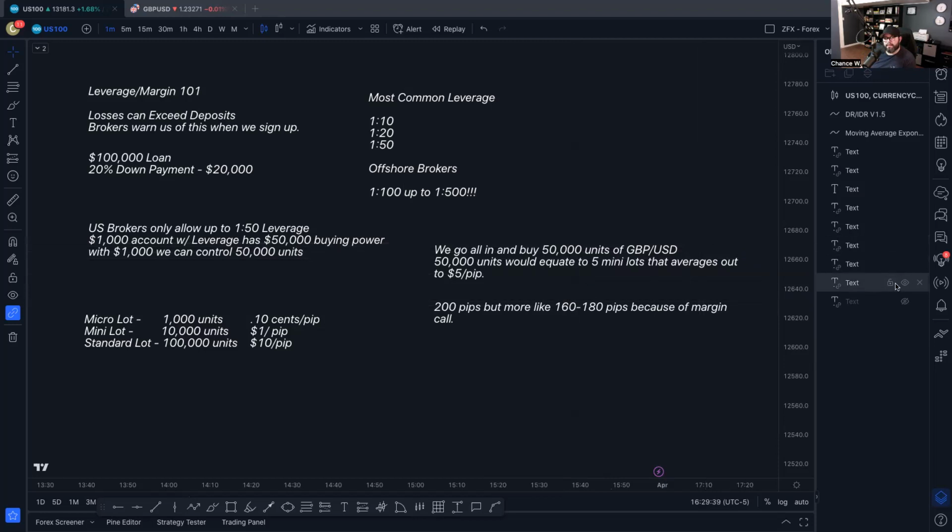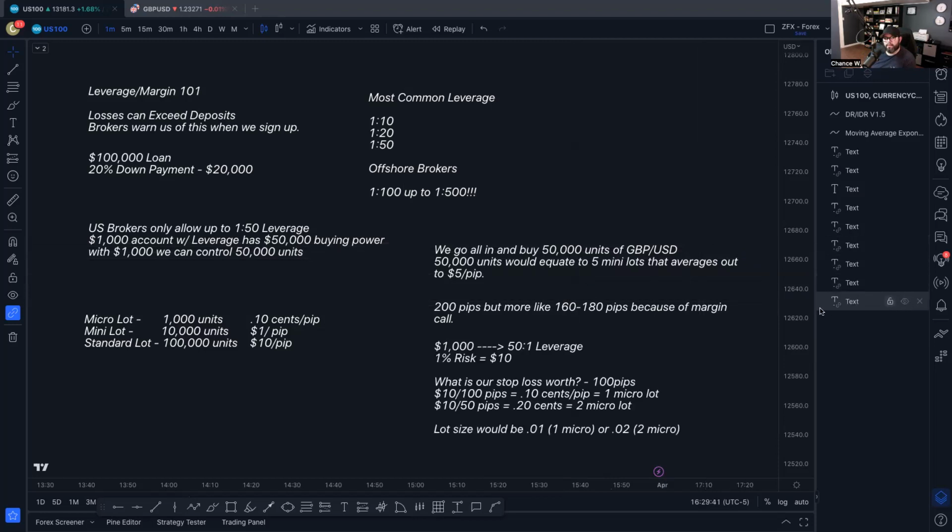So let's see here. So how do we not lose a bunch of money? How do we use leverage in our favor? Well, this is where risk management comes into play. So instead of being that guy that goes all in with these Hail Mary trades, we need to start thinking about risk management. So if we have a $1,000 account, right,